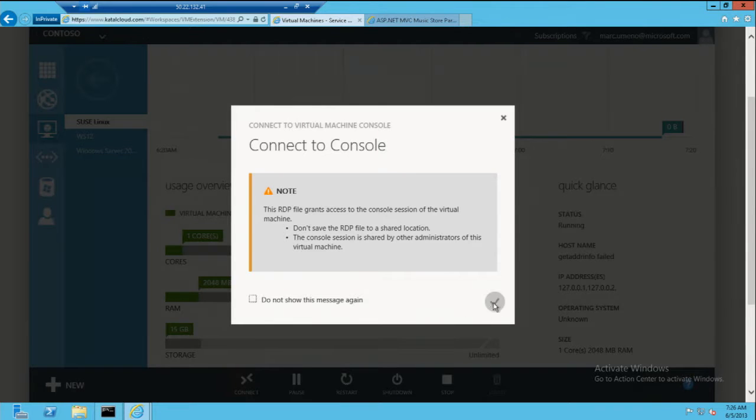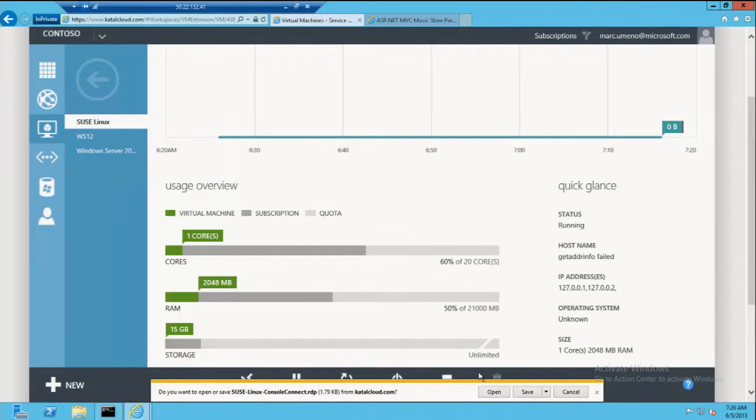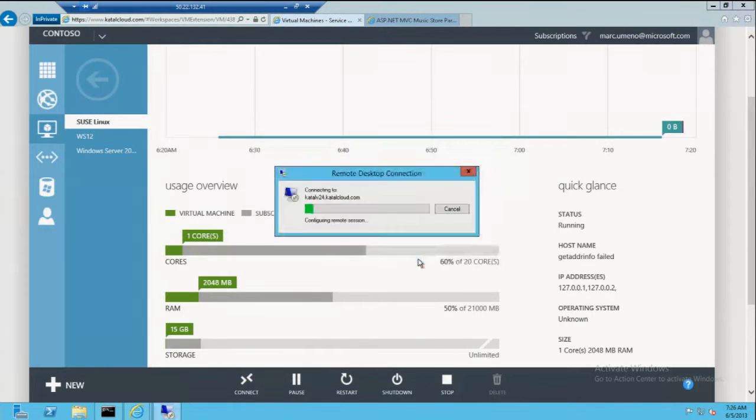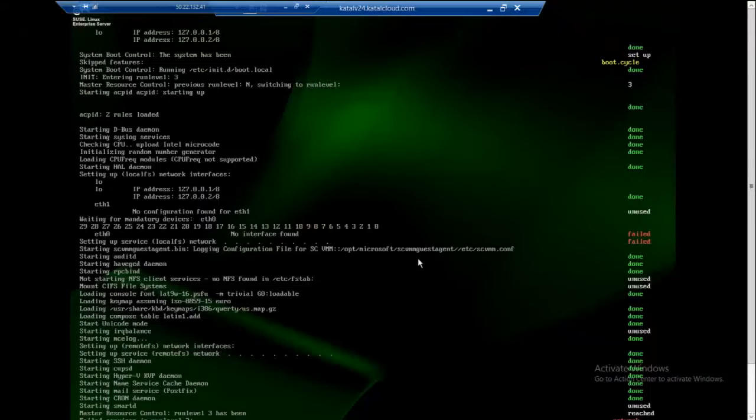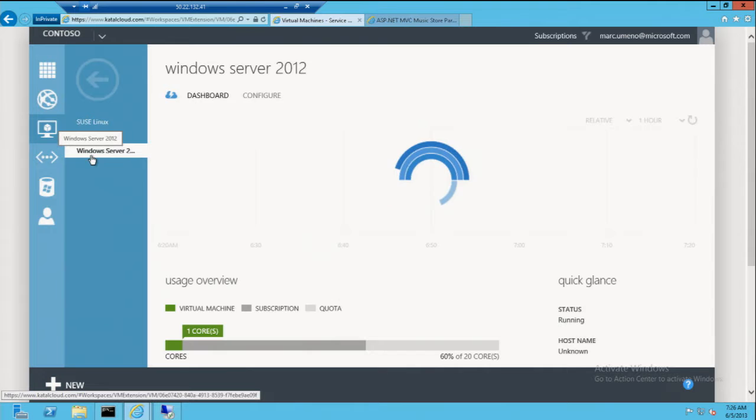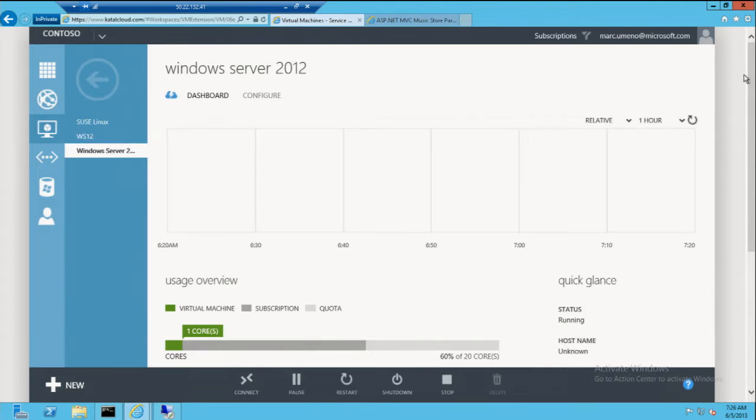So I can click the box, and we can click the check mark, download an RDP file that has a temporary token associated with it. So we'll time that out for a few minutes. And you can see now I just click that, and I'm in to this Linux server, right, running SUSE. Okay? Now, that's one capability, but to make it very clear, I want to show you a machine, a VM